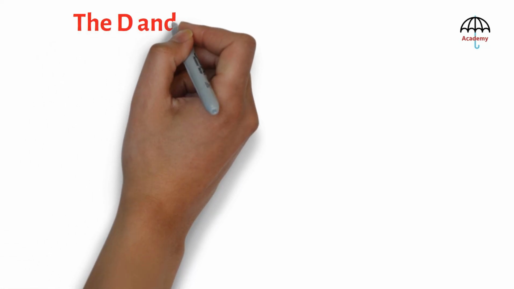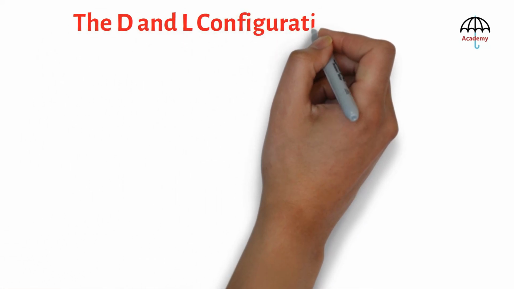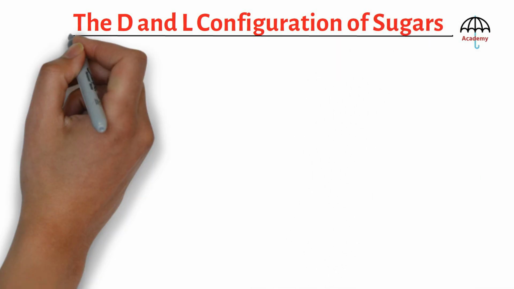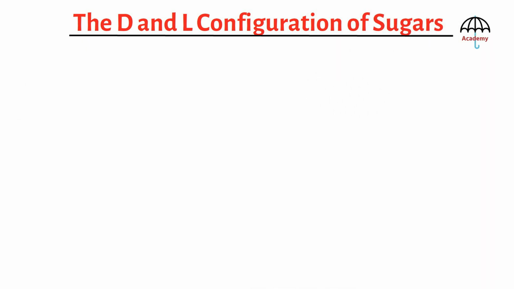In this lecture, we will discuss D and L configuration of sugars. The DL system isn't a new system. It's the old system. It predates Cahn-Ingold-Prelog's R and S system of describing absolute configuration. But it is still used for biological systems like sugars and amino acids. Before discussing the actual shortcut method of assigning D and L configuration, let us first understand how this system